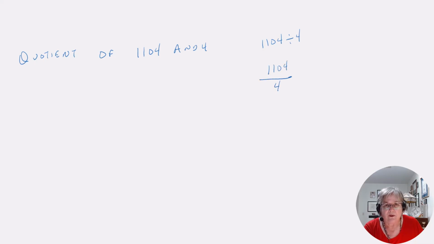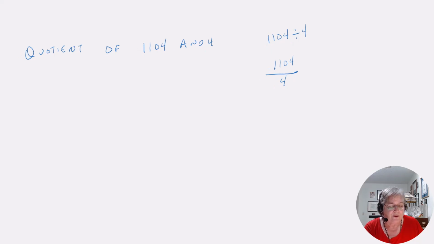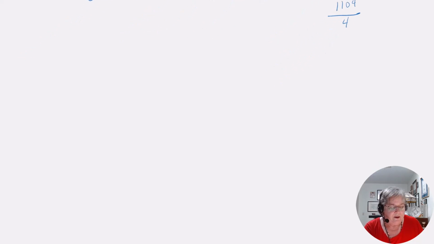What if you have to find the quotient? They'll say find the quotient because that's the fancy name for the answer. Find the quotient of 1,104 and 4. Now that could be written in English as the quotient of those two numbers. It could be 1,104 divided by 4. It could be 1,104 over 4, which also means divide, right? So those all mean to do the same thing. So we're going to take 4 into